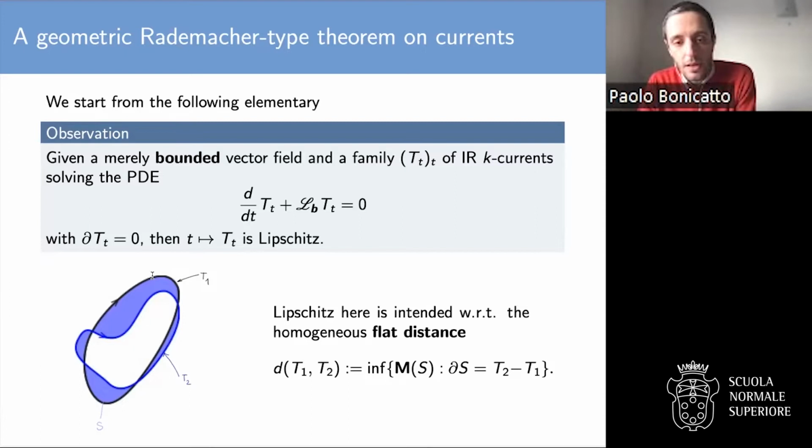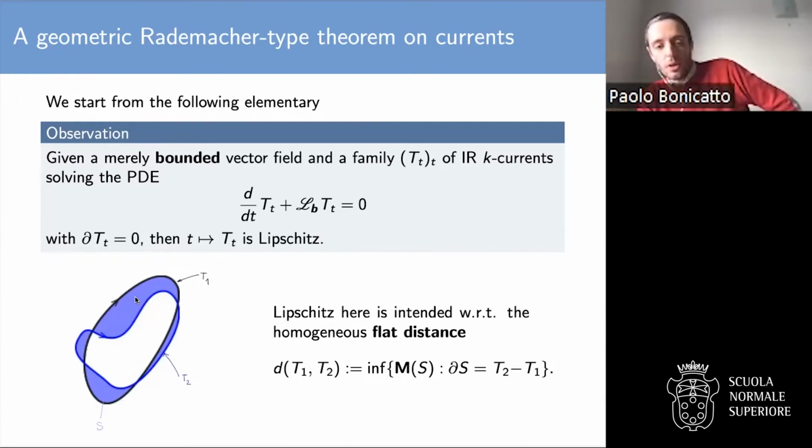And if you want an intuitive picture that you might want to keep in mind, if you consider two loops, the flat distance between them is essentially the area they enclose, I mean, the difference of the areas. So in the picture, if you have the blue and the red loops, the area shaded in blue is the flat distance between the two. Roughly speaking. So this is an intuitive picture again that you might want to keep in mind.